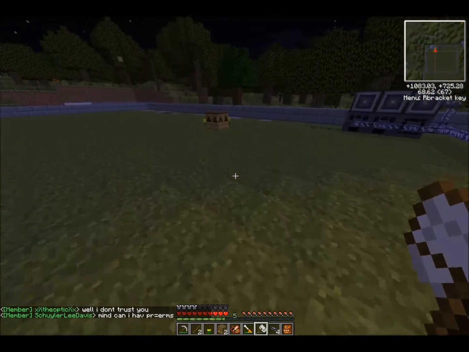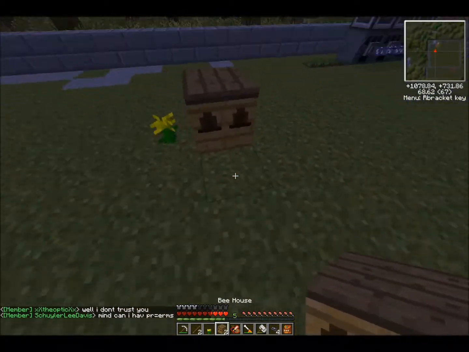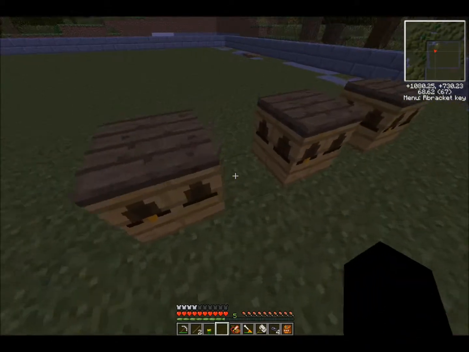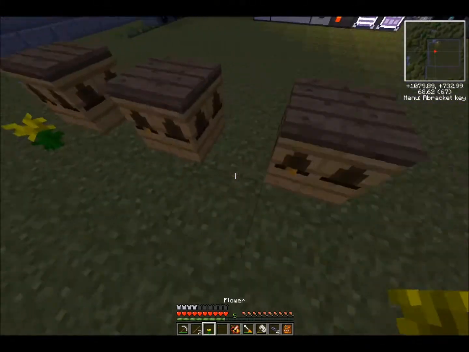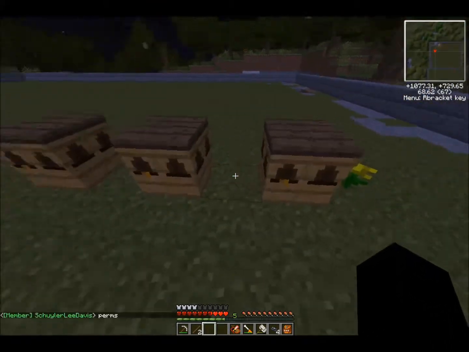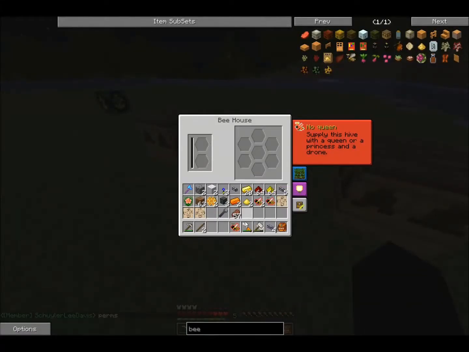Again, auto-crafting is nice. And I'm not going to put them right next to each other. I'll put them one block apart. That flower might work for all 3, but I'll just drop this down here just to play it safe. And then we can put...